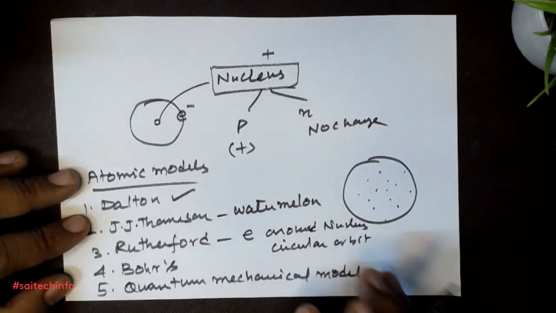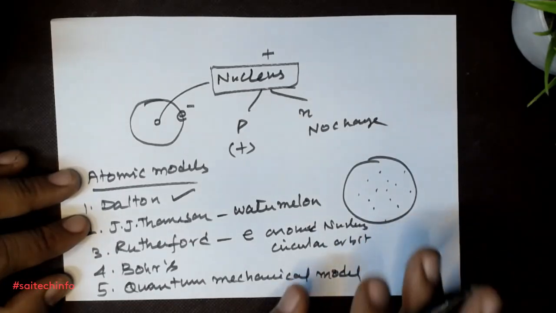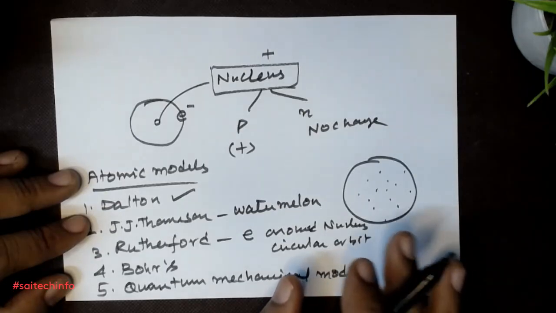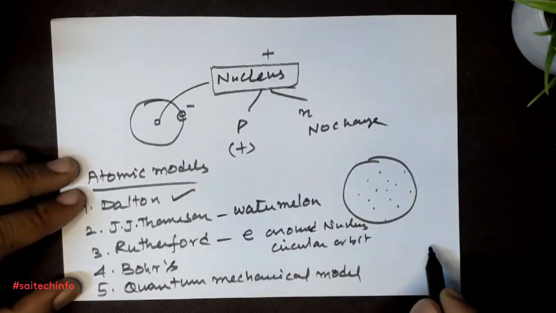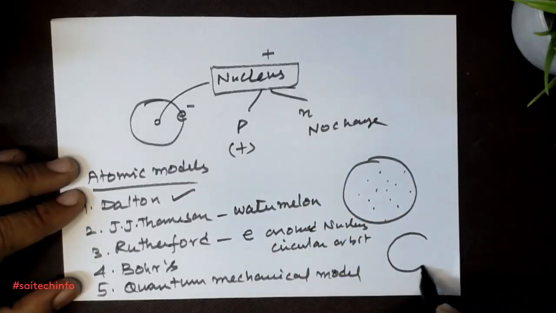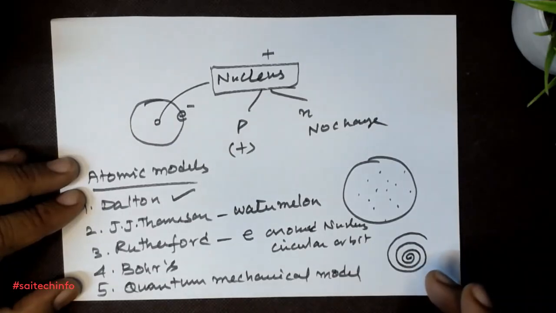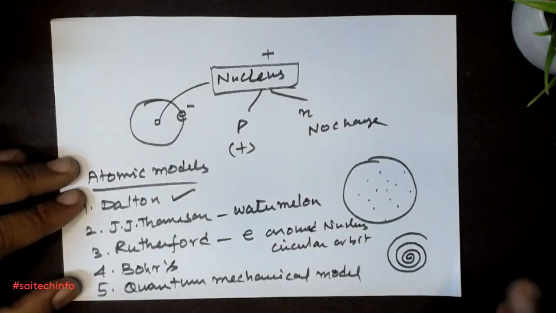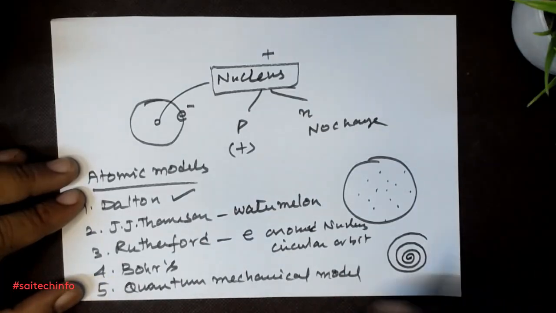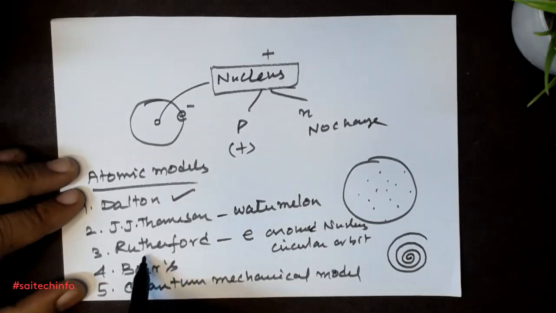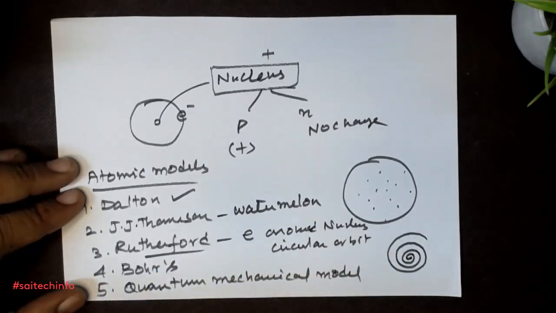So the atom will be destructed by itself, but according to the law of conservation of mass, it cannot be destructed just like that. So this kind of spiral action will take place. The electrons revolving around the nucleus will be reducing their radius, and finally, because of the spiral action, it will hit the central nuclear atom. So this was the failure of Rutherford, and it was a very famous experiment of Rutherford, that is the alpha